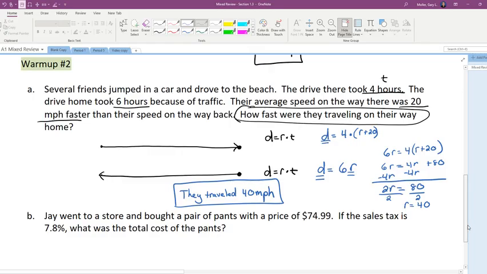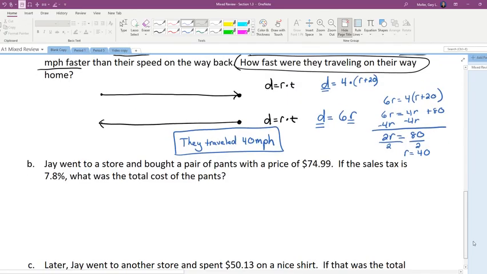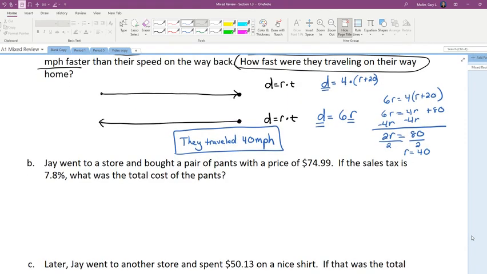Jay goes to the store and bought a pair of pants, and the price was $74.99. If the sales tax is 7.8%, what's the total cost of the pants? All right, so when you go and buy something, just in case we haven't bought anything in a while, I know that the total price is going to equal,